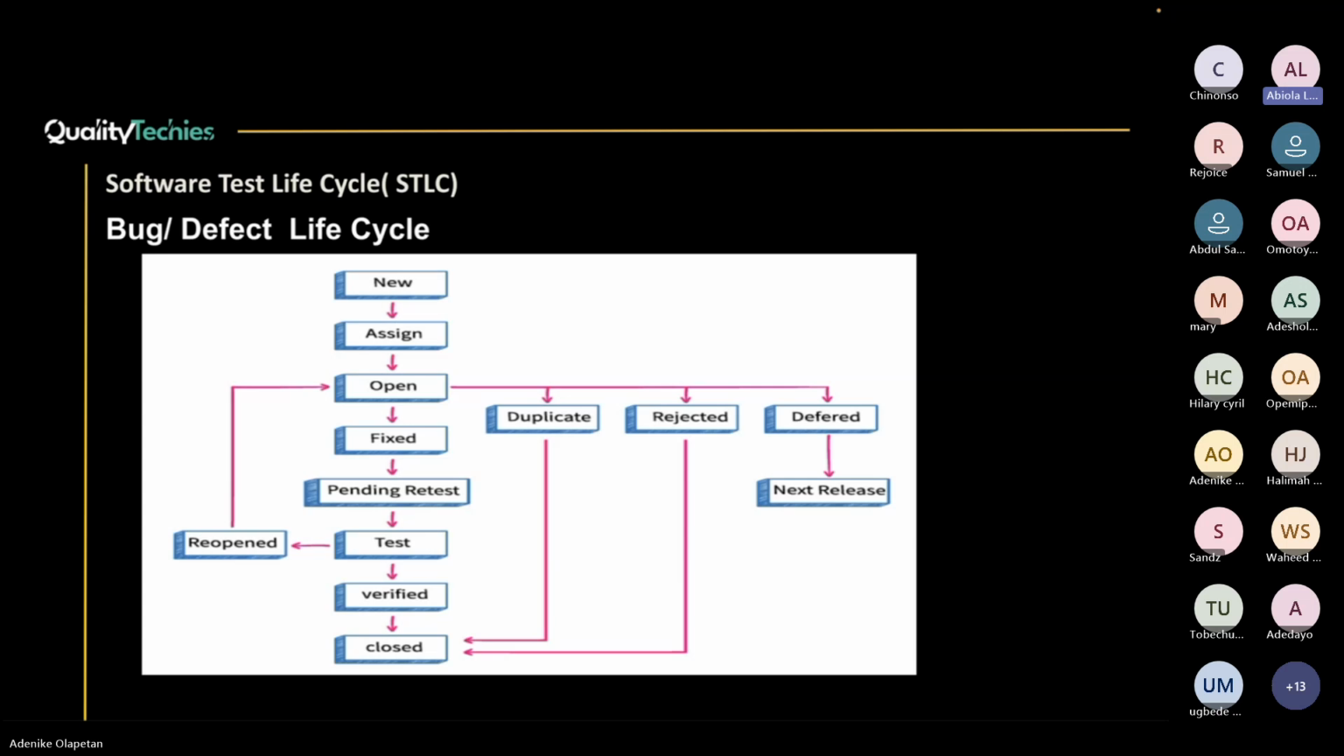After then, we have another cycle. And what is this cycle? Assign to open. Open, you duplicate. After you duplicate the issue,